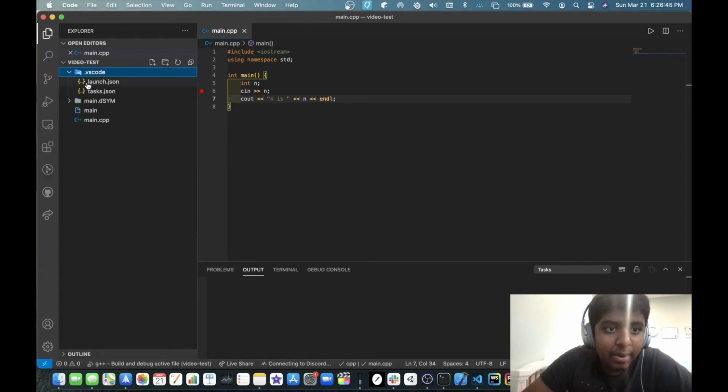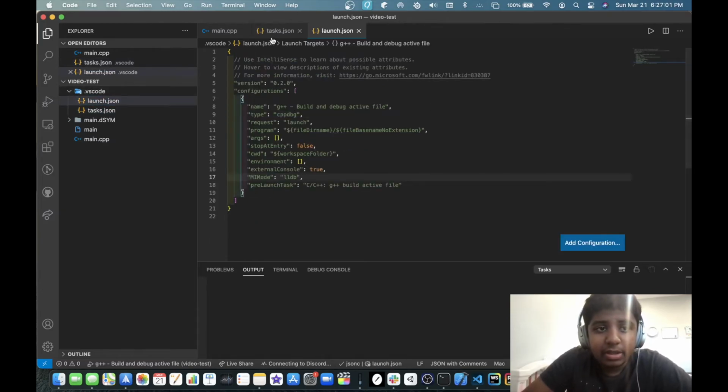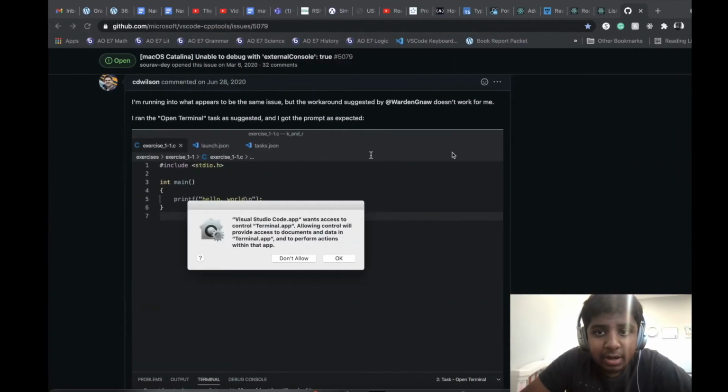So now if you're on Mac, there's an extra step that you have to do: open your tasks.json file. Sometimes I had this problem myself. When I tried to debug this file, when I set external terminal to true, it would just open the terminal but wouldn't print anything on there. So here is where we go to